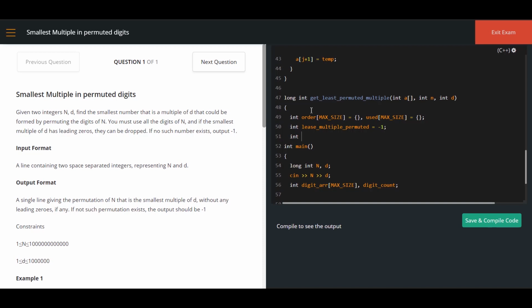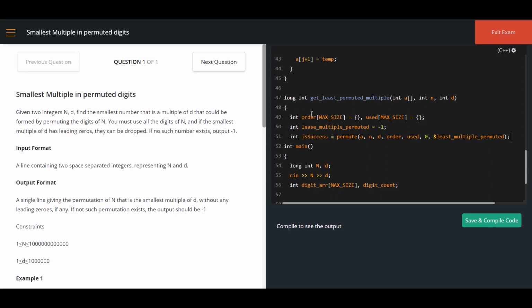Now I am going to declare a variable called is success, which is nothing but whether I can get the answer or not. For that I am going to call a function called permute. Array, n, d, and the order array, and then the used array, the starting index value for permutation, and finally the variable called least multiple permuted.